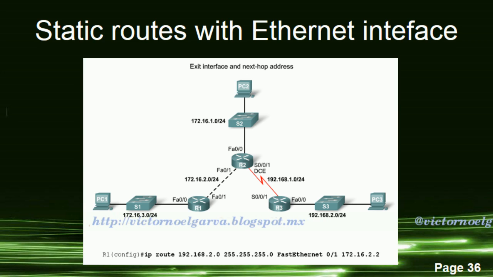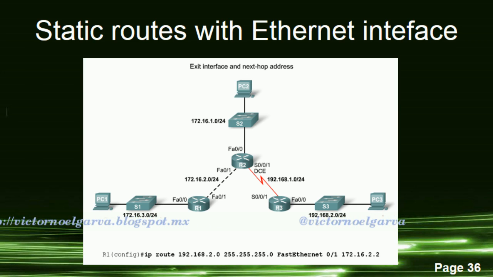As you can see in the figure, the exit interface would be Fast Ethernet 0/1 and the next hop IP address would be 172.16.2.2. ip route 192.168.2.0, 255.255.255.0, Fast Ethernet 0/1, 172.16.2.2. The routing table entry for this route is shown in the figure. The routing table process will only need to perform a single lookup to get both the exit interface and the